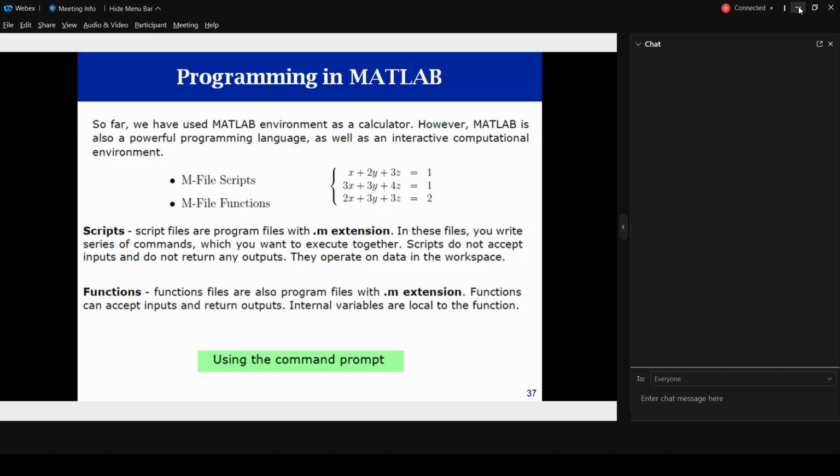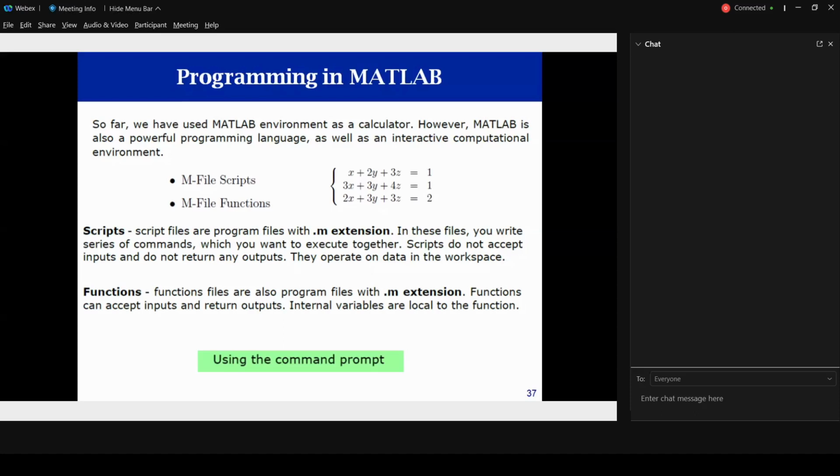We can give some specific input to a function file. It takes that input and calculates whatever is the body of the function and gives you the output which you want to have. The variables created while running the function file are local. It means they are only available to that function. It does not dump any of the variables created while running that file into the workspace. So that is the difference between the script file and function file. Both are of prime importance while writing programs. Those files have their own advantages and disadvantages. So we will